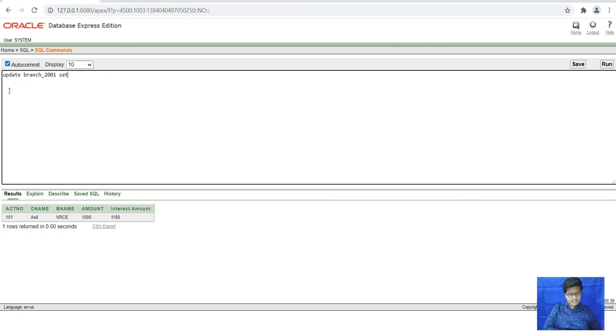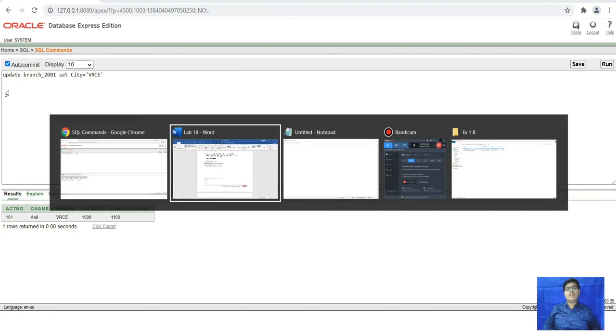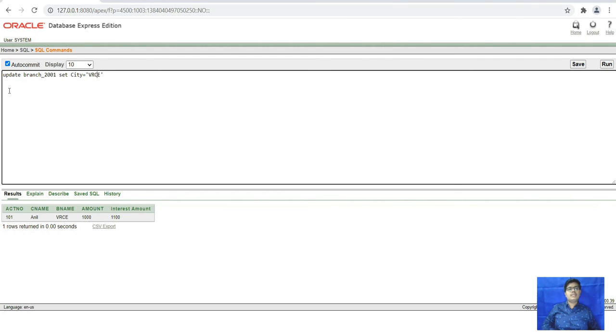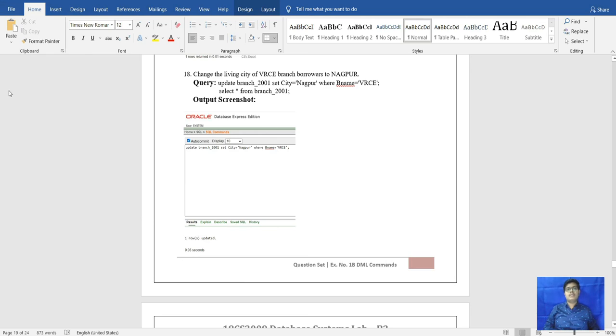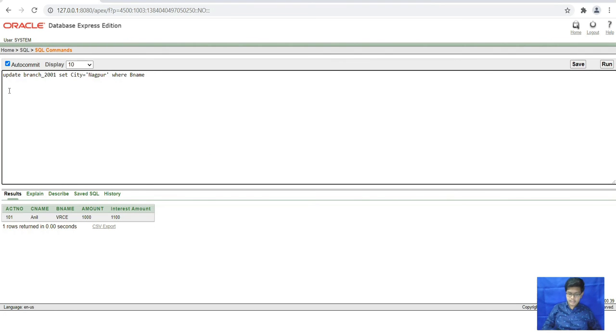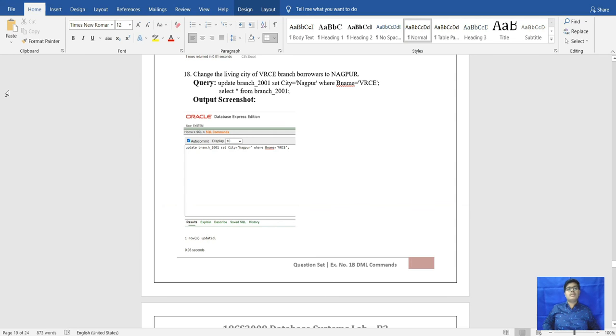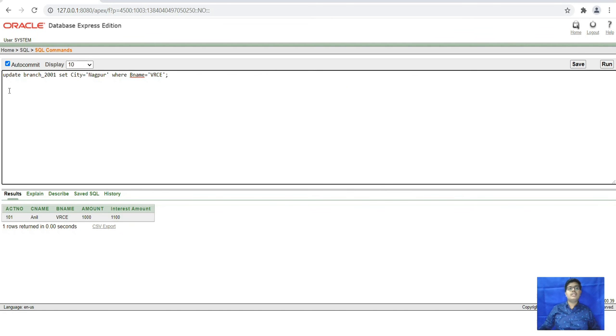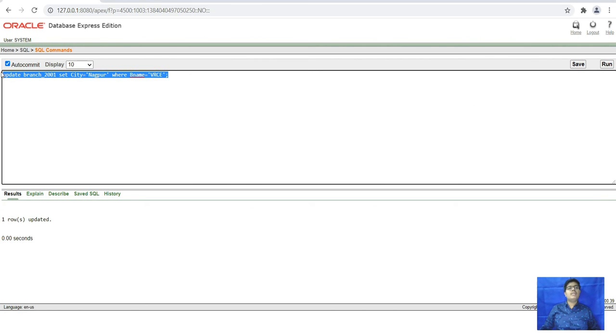After that, set the city to Nagpur, where branch name is Vers. So this command will show the updated one row. This one row is updated.